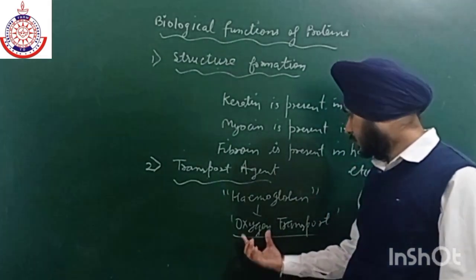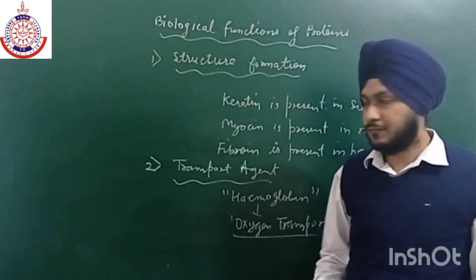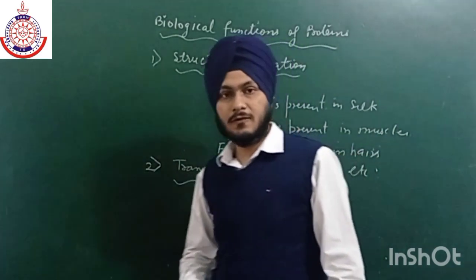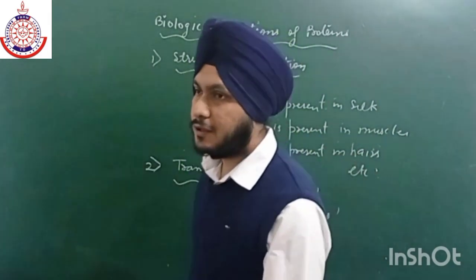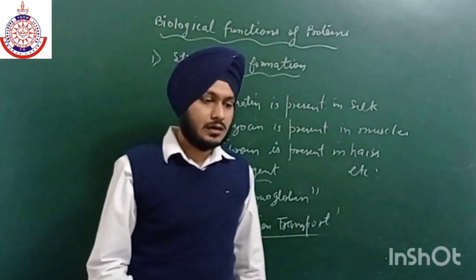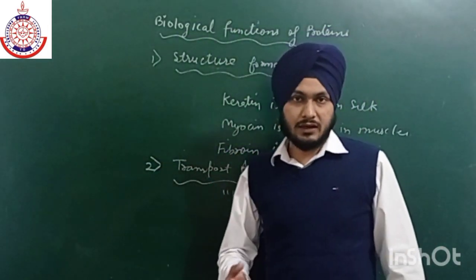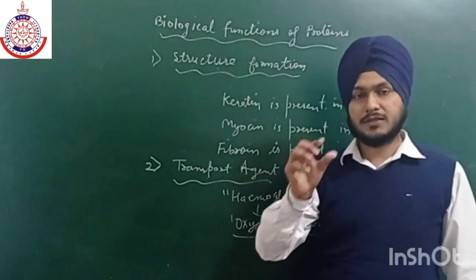Okay, so this is the main function of protein, and hemoglobin is a well-known protein. It consists of four heme groups. Okay, and heme groups are formed by a porphyrin ring. Okay, porphyrin ring जो होती है वो चार porphyrin ring के बीच में आयरन होता है.